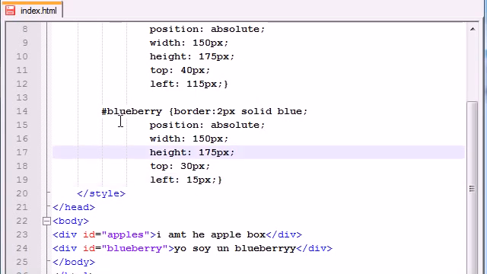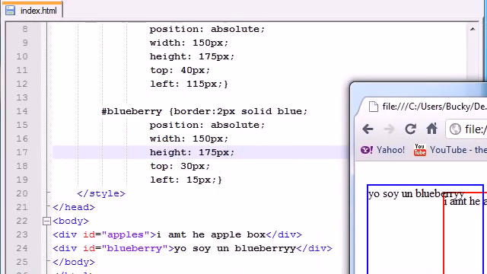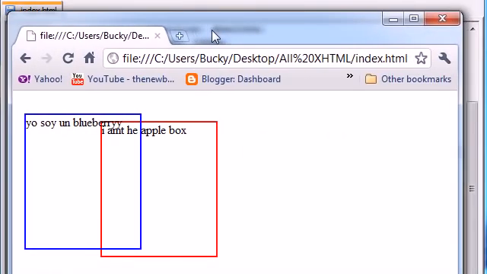Whoa, easy hoss. So now in our blueberry box, we have a blue border. The position is absolute still. The width and height are the same, but it's just at different coordinates. So now whenever we save this and refresh this, we see that something weird happens that didn't happen before. With absolute positioning